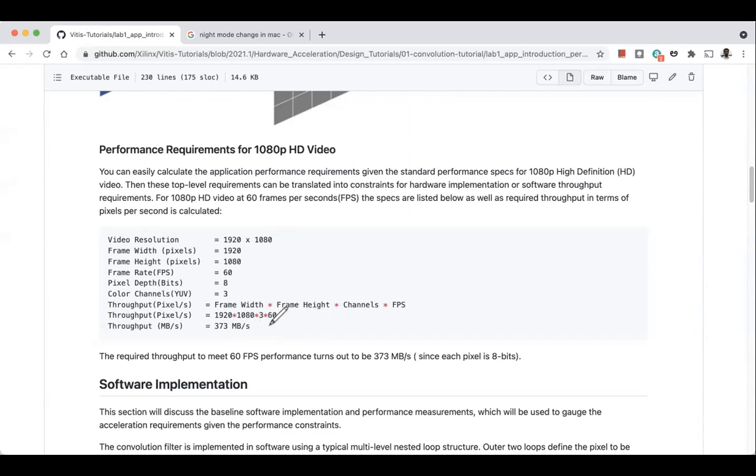Our system should be able to generate 373 megabytes, this many pixels, per second. This is the performance requirement for the problem that we are trying to solve in this class. This is the throughput requirement. Make a note of it: 373 megabytes per second.